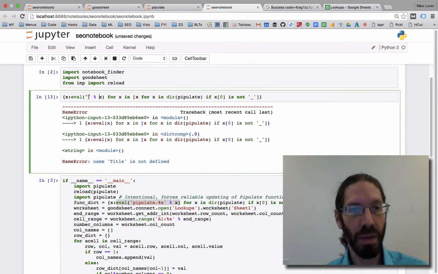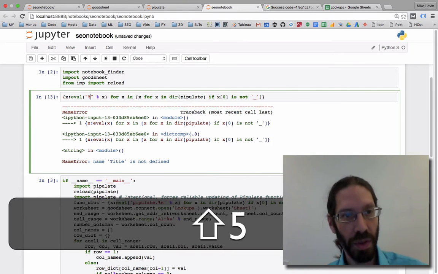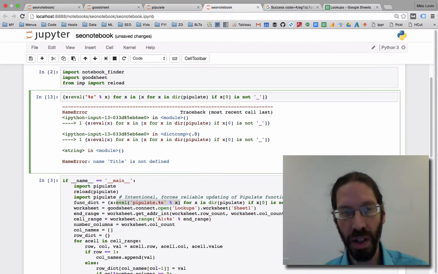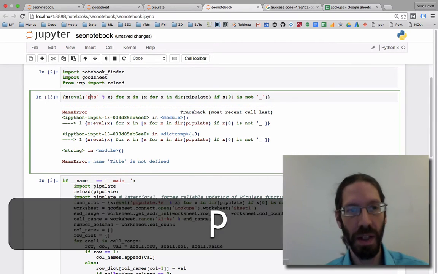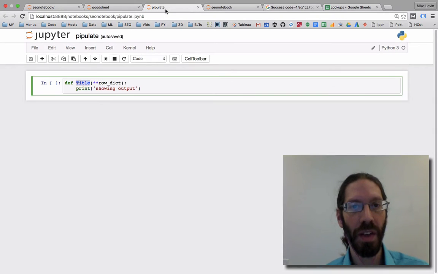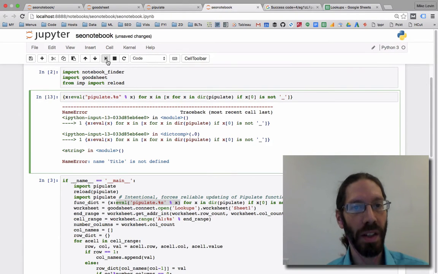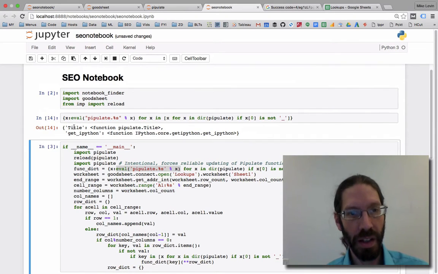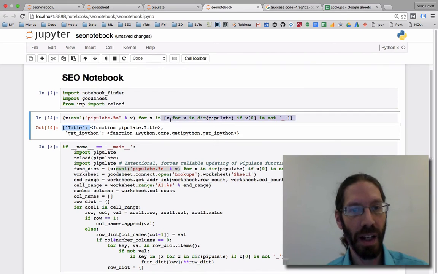So the x gets plugged in back where the %s is, but really we're trying to create it to be accessed in a namespace. So that's pipulate dot. And so now that's going to be loaded out of there and it's going to eval that, a string for that, to get that back. So I actually execute that now, and now I have a dictionary where when I plug the word title in, I get access to the title